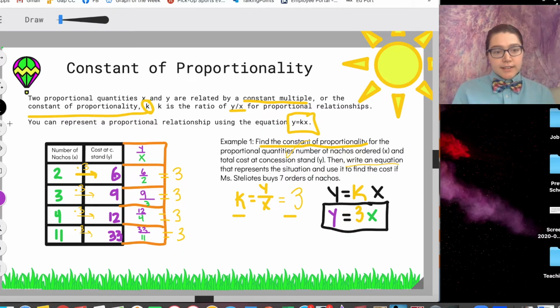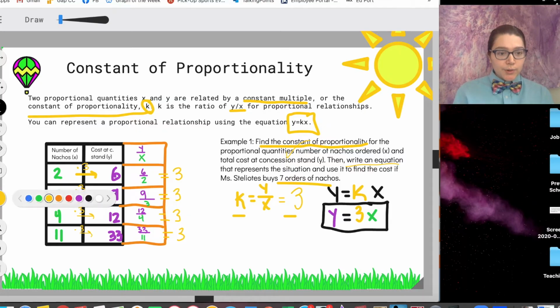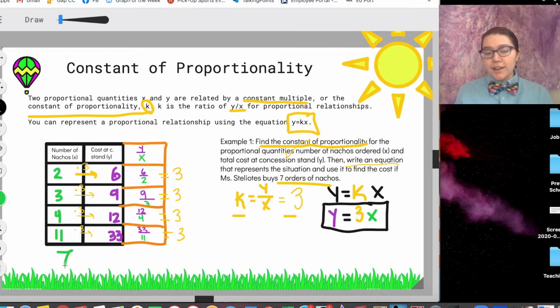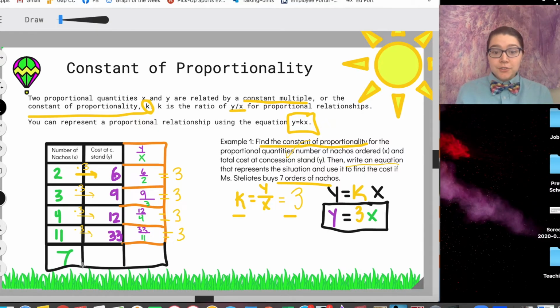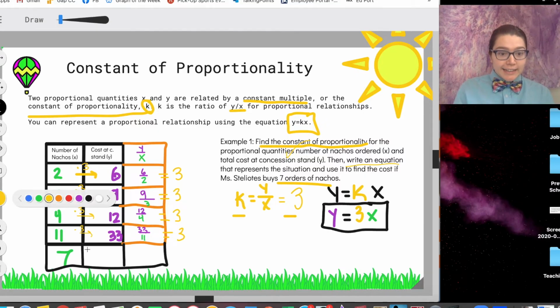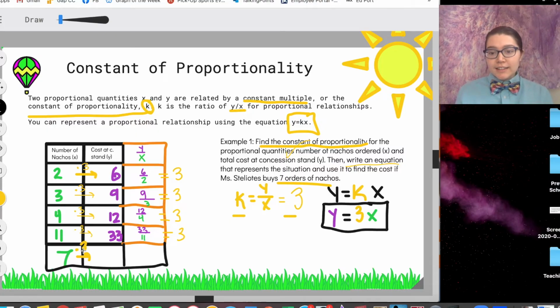Great. And then we have our last step, which is to use it to find the cost if Miss Deliotis buys 7 orders of nachos. So if I go back to my table, did x or y represent the number of nachos? X is the number of nachos. So that means it's going to be in the green spot, in the x position. So I have 7. Well, how am I going to figure out the cost? I'm going to do 7 times 3, my constant of proportionality, and that's going to give me the total